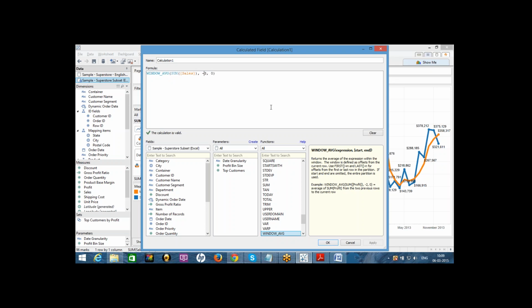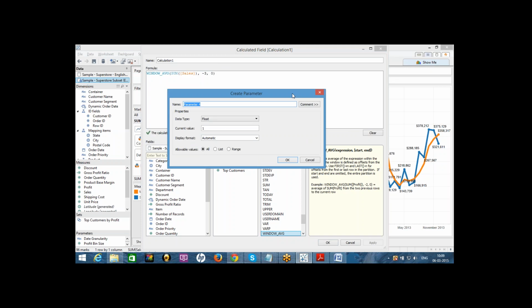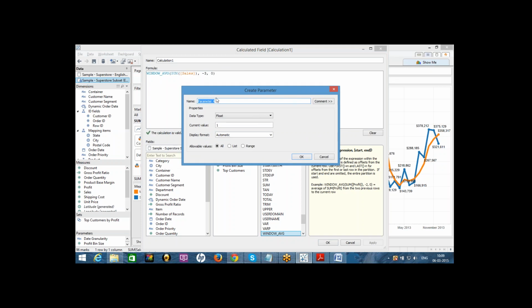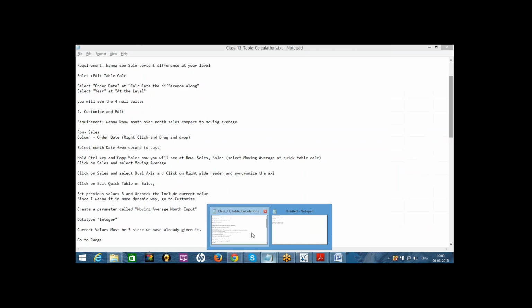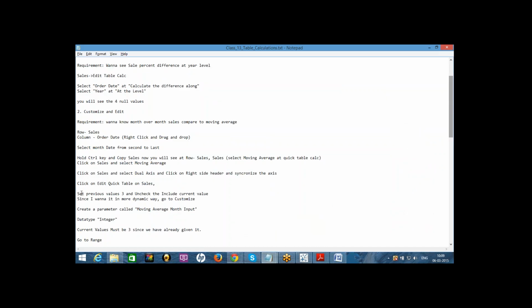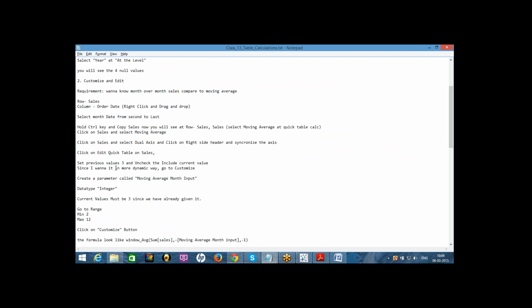That can be done by creating parameters. Here I'm creating a parameter to make this more dynamic. Let's call it moving average month input.